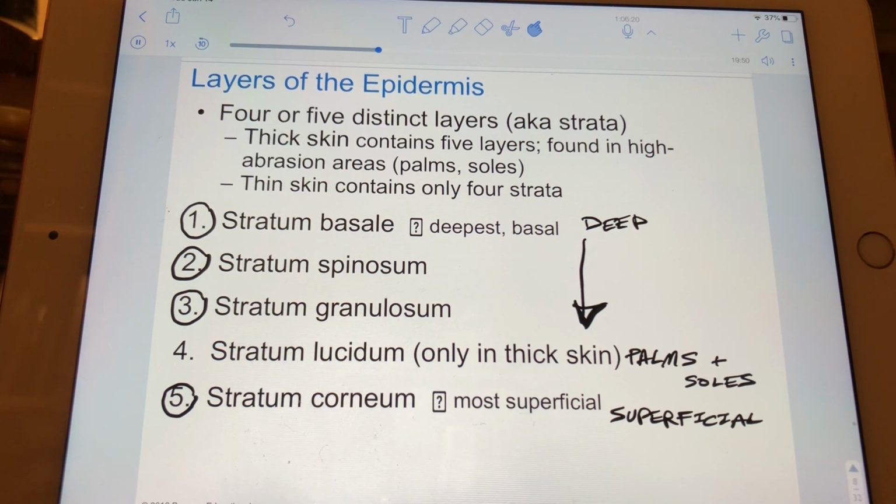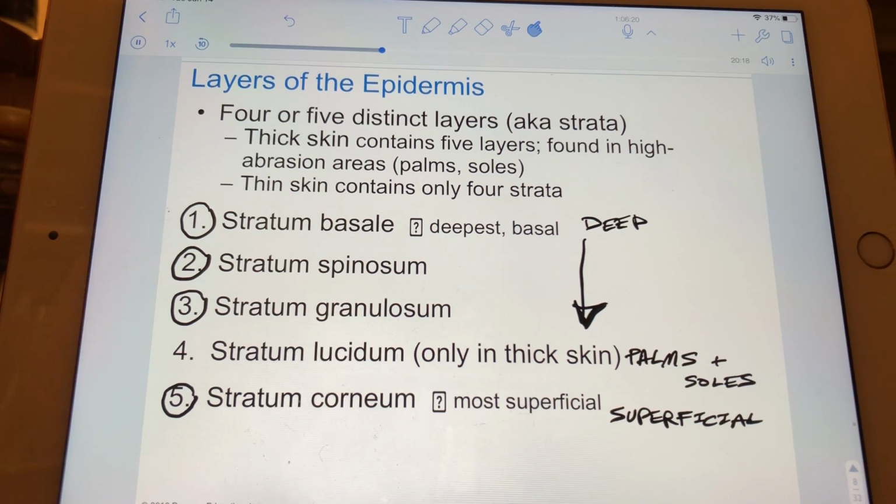But that extra thickness is actually somewhat laughable, since stratum lucidum is, on average, probably about 4 layers of cells thick. So it's not that much more impressive, okay? Whereas any other skin covering the body would be referred to as thin skin, which doesn't mean more vulnerable necessarily,